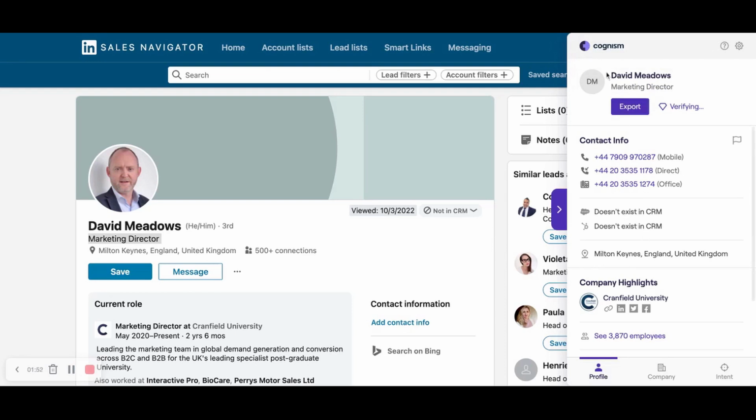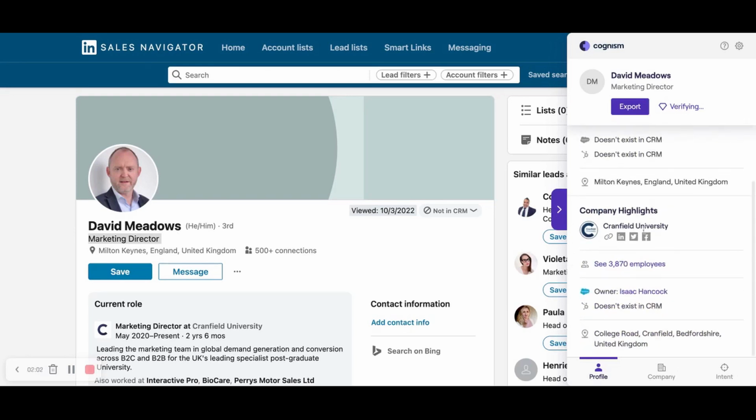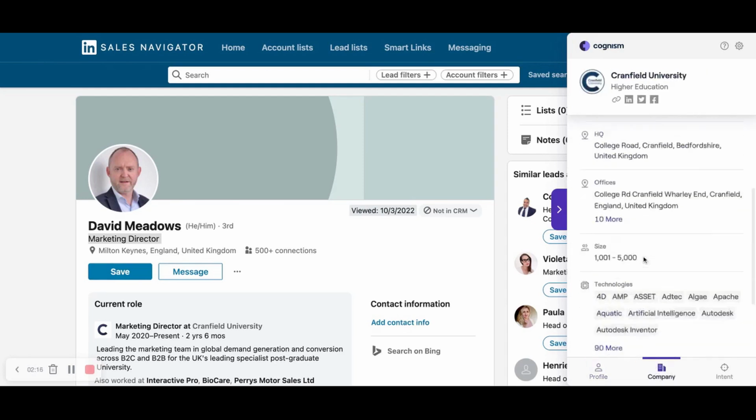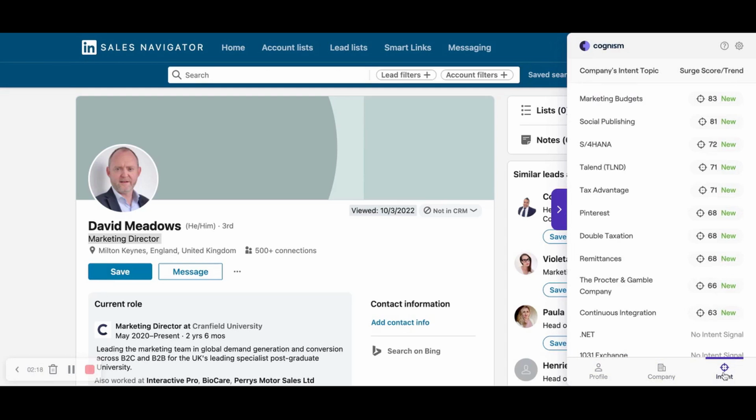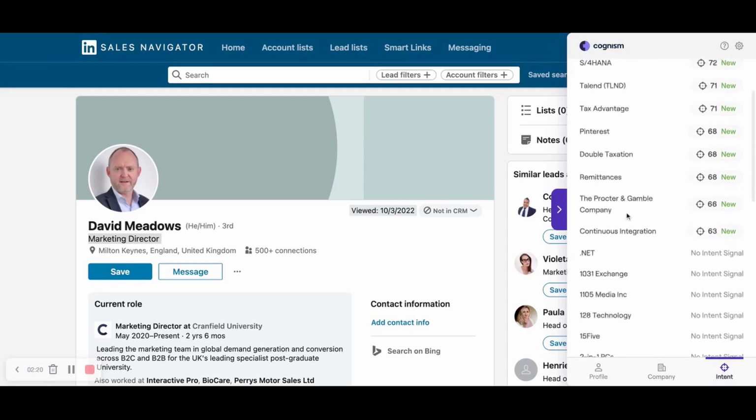But look, as you can see, when we've clicked into the actual individual profile, things have changed a little bit. So we have a 2-way sync with HubSpot. So if David's already in your HubSpot, you'll see him here as a contact and be able to click through. If Cranfield University is an account in your HubSpot, again, this will be a clickable link as it is here, and you'll be able to click through to this, just understanding any current activity that might be going on with the account. There's also some company level information, which you can see there, and then some intent,